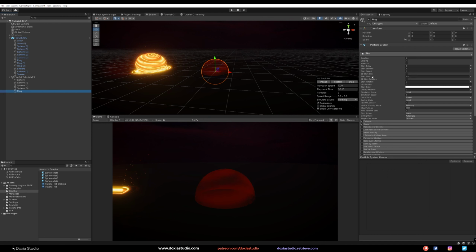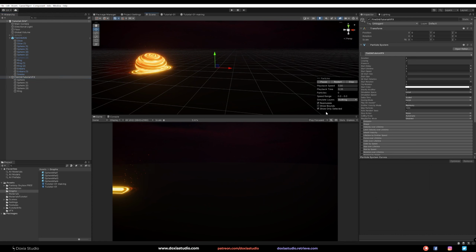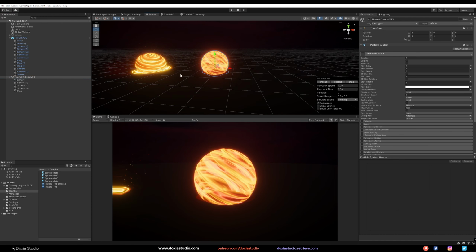So on the start size, let's turn on 3D start size, and here let's lower this to quite a low number. Sorry, my brain just stopped there. So right now, let's pause this so we can see our ring, and let's increase the size a bit.